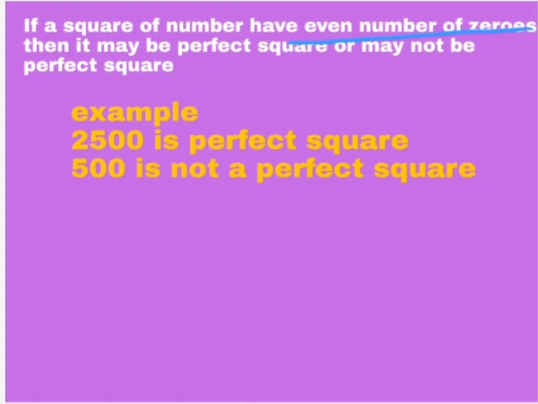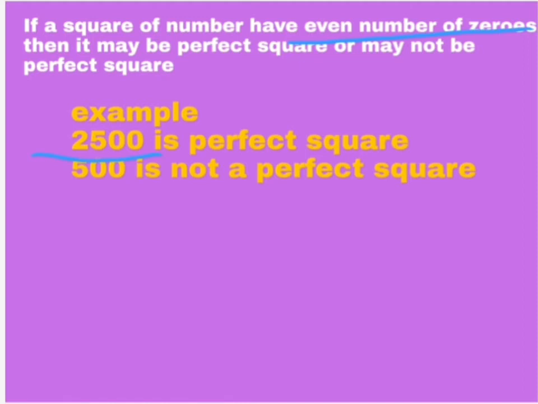There is no condition that after multiplying the number, if you are getting an even number of zeros, it is always a perfect square. Because sometimes it may be a perfect square and sometimes it may not be. As in the example,